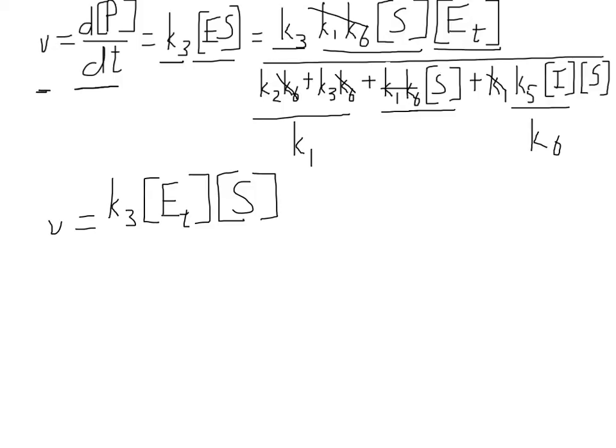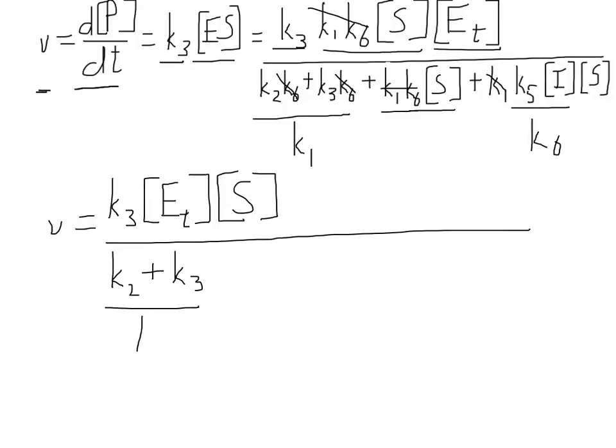So K3 times ET times S over K2 plus K3 over K1 plus, I'm going to factor out an S. So I need a parenthesis, and I'm going to have 1 plus, and I'm going to write inhibitor concentration, and I'm going to write that over K6, and then underneath that K5,